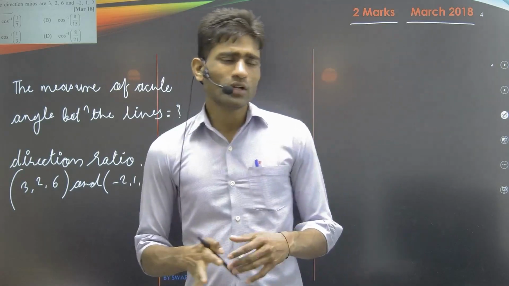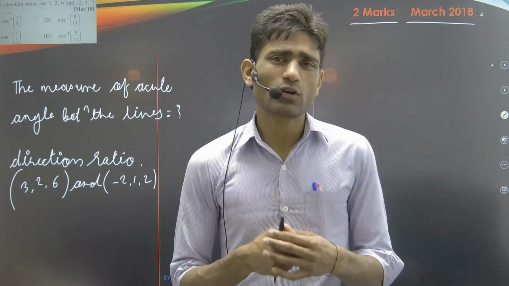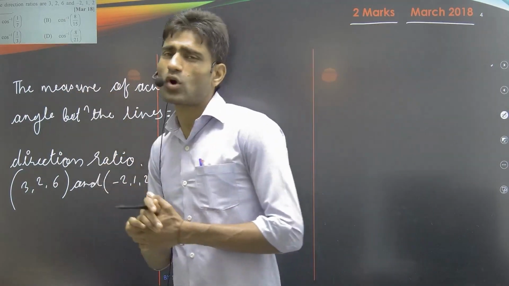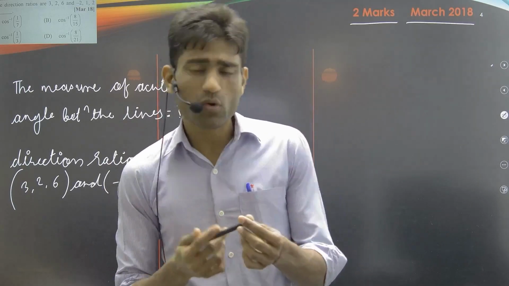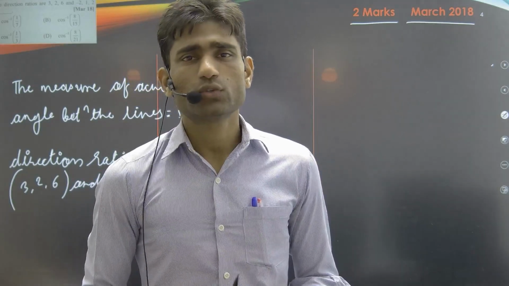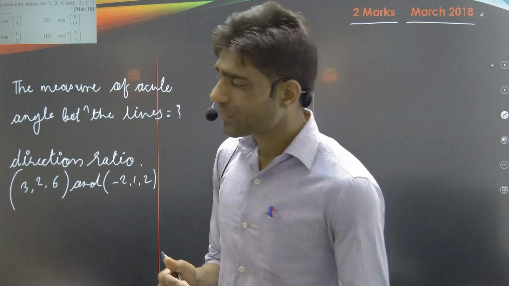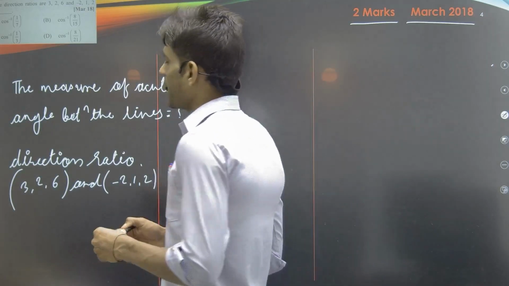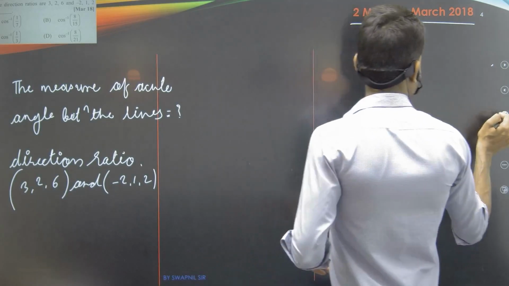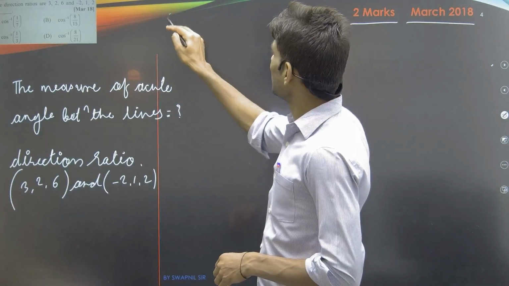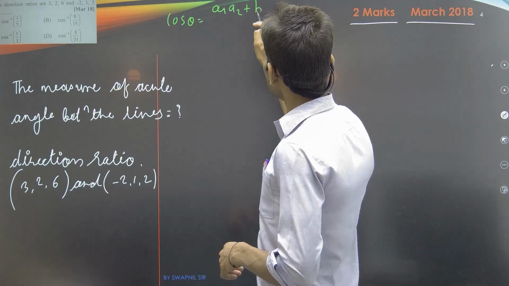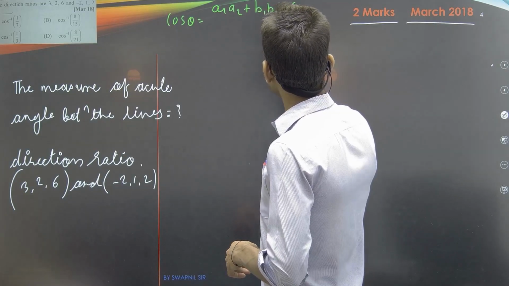Now let me tell you how we can directly think about cos theta. See that all our options give the values in the form of cos inverse. That means you have to use the required result for cos theta. If you use this result, you will get the required measure of the acute angle between the lines, which can be written as cos theta equal to a1 a2 plus b1 b2 plus c1 c2